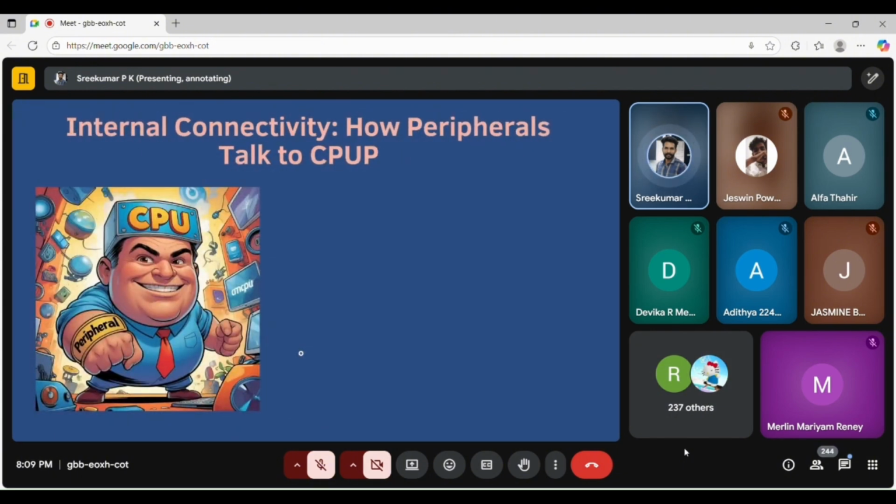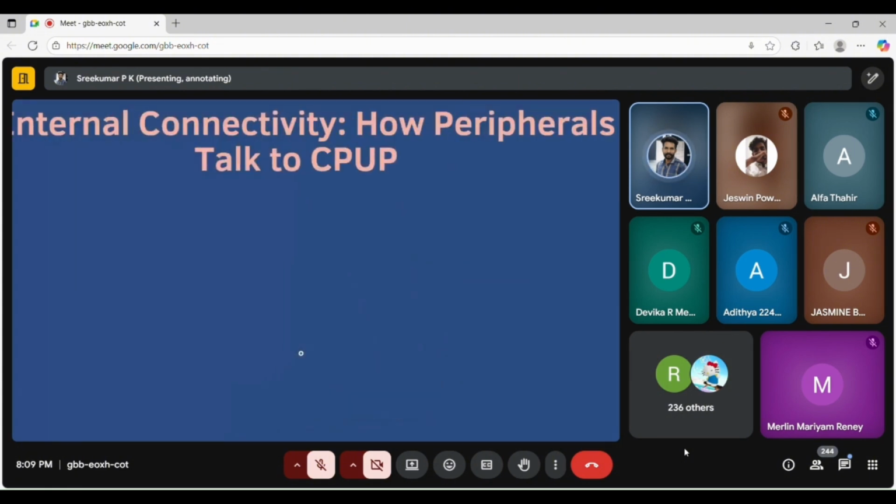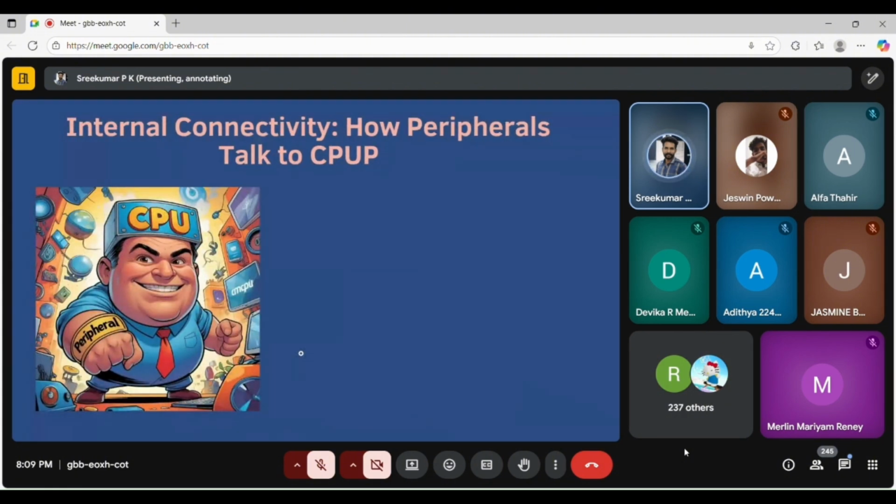Now, internal connectivity: how peripherals talk to the CPU. See, how does a peripheral talk to the CPU? The CPU is a brain. Here, this guy has his brain, so we can treat that as the CPU.